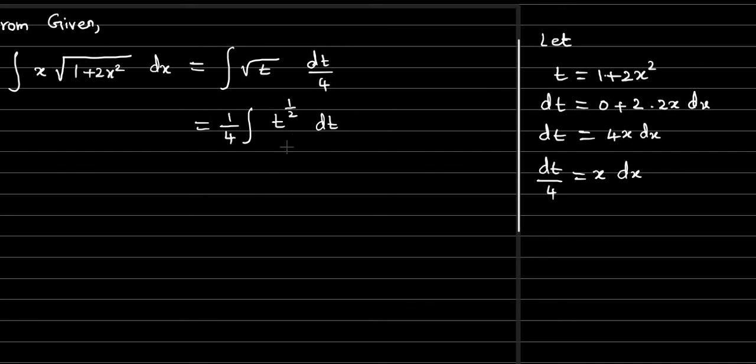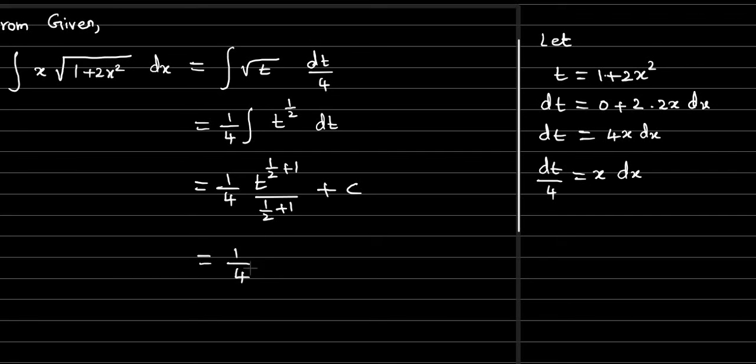Now using the x power n formula, I'm going to integrate this. So what is the x power n formula? x power n plus 1 by n plus 1 plus c. So as per the formula, with the power we need to add an additional 1. And the same power, we have to repeat in the denominator. That's all, integration is done. We can put plus c.